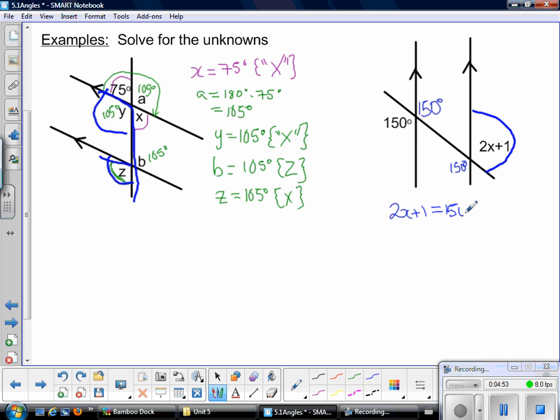And if we do that, then we're just solving for x. So we're going to subtract 1 from both sides. So we end up with 2x equals 149. And then I need to divide both sides by 2. So we end up with x equals 74.5